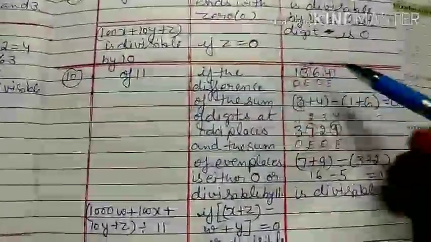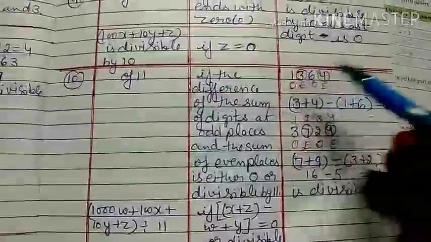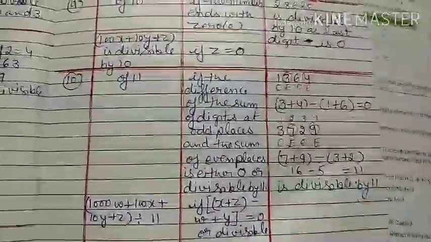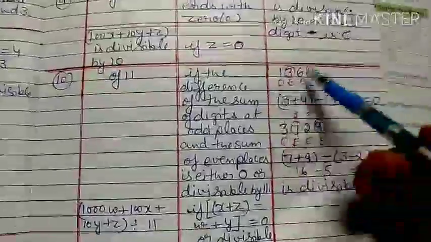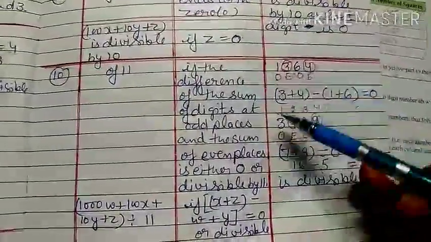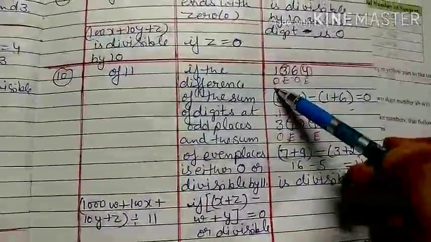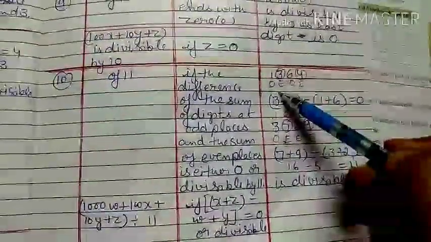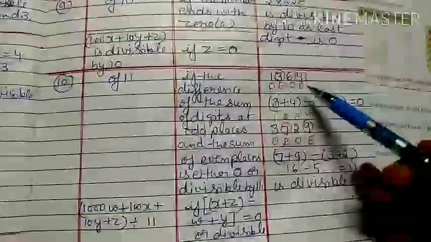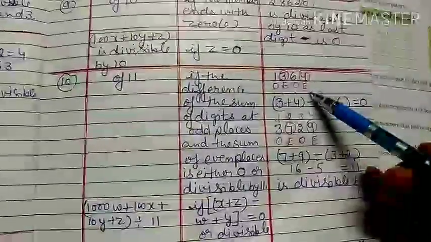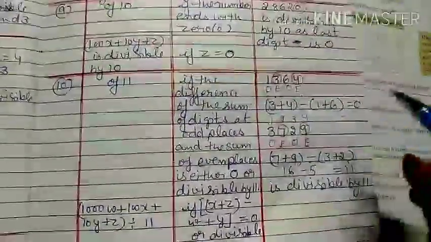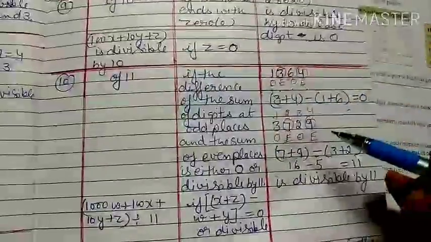In the 11 divisibility test, if you have a bigger number, you have to divide the digits according to position into odd positions and even positions. Like I have a number 1, 3, 6, 4. I mark starting from the first position. The first position is my odd position, the second position is my even position, the third is again odd, and the fourth is even. First we think about the position, not the digit present at that particular place.